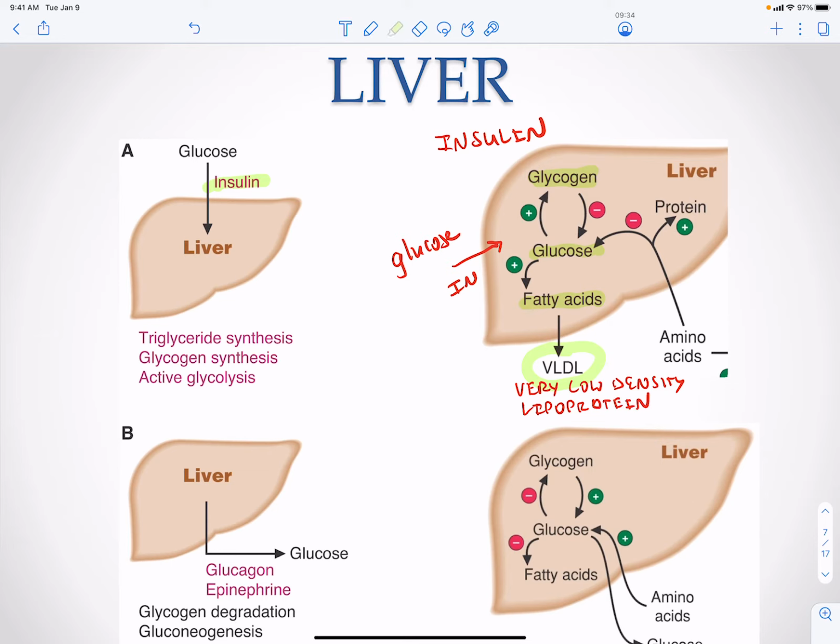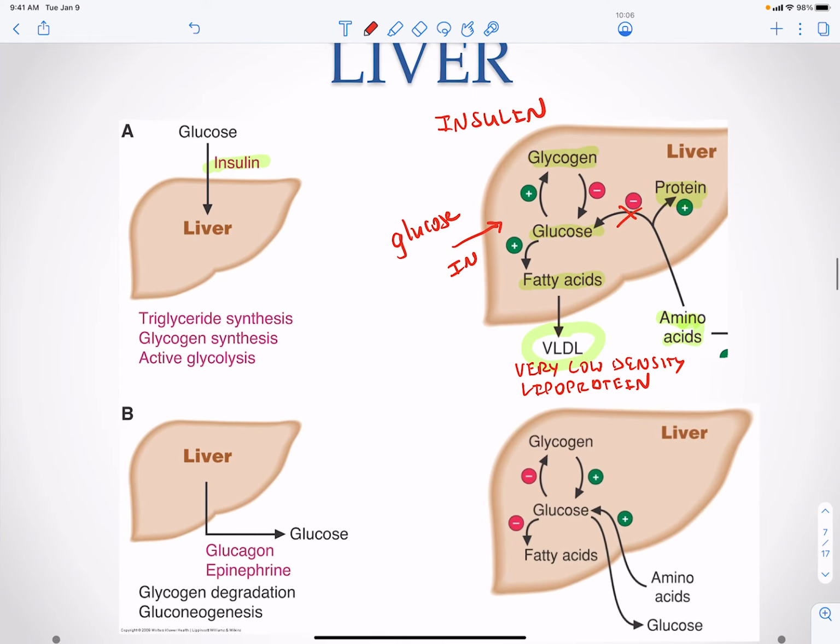Now, our liver is also able to pick up amino acids, so during a fed state you will also be eating proteins and fats, and your amino acids can be taken up. The protein can be used by the liver, or it can be broken down into glucose and then stored again as glycogen. Typically, it doesn't get broken down in the fed state, so this pathway is usually blocked, but the liver can use that protein for building something, for example.